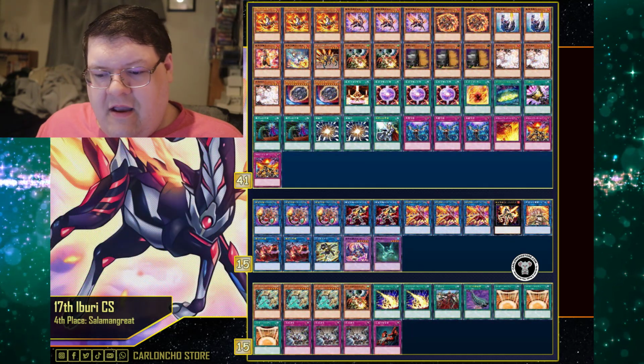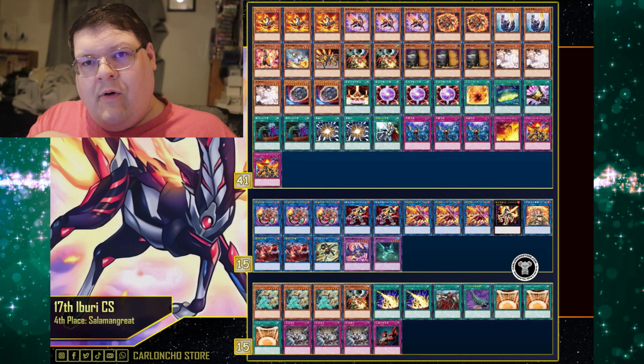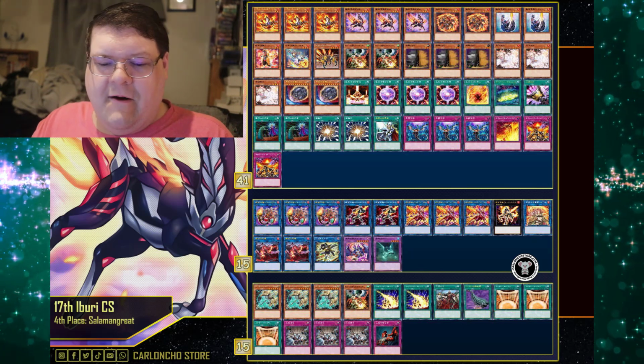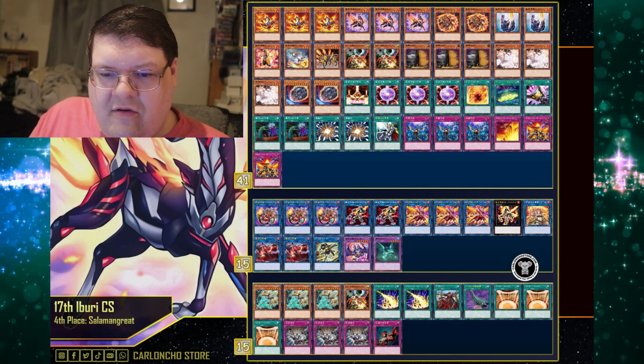Next up is our Salamangreat deck here. Now, this is great. You get to see triple Kaiser Coliseum down there. If you want to point a finger as to why this deck is able to do so well, I put a lot of it on the Kaiser Coliseum. Kaiser Coliseum ensures that this deck is able to lock your...